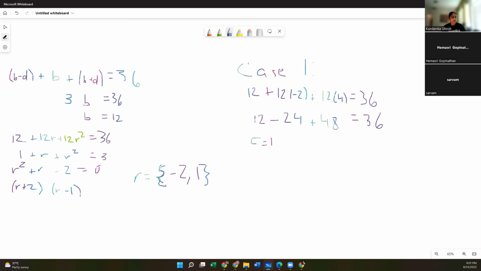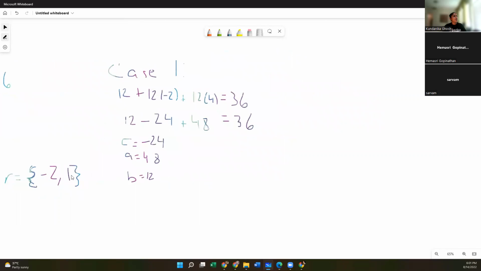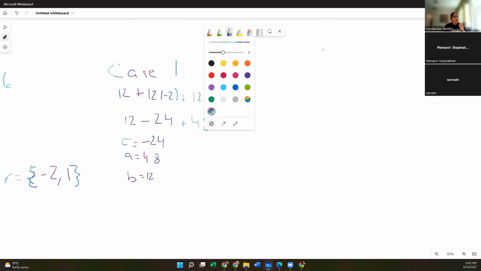So C equals, I'm going to reset. C equals -24. And then A in this case is +48, right? So A equals 48. See, and then we already established what B equals, positive 12. Now, you also have another case, right? Because r equals negative 2 or 1, correct? Yeah. Which means that for case 2,